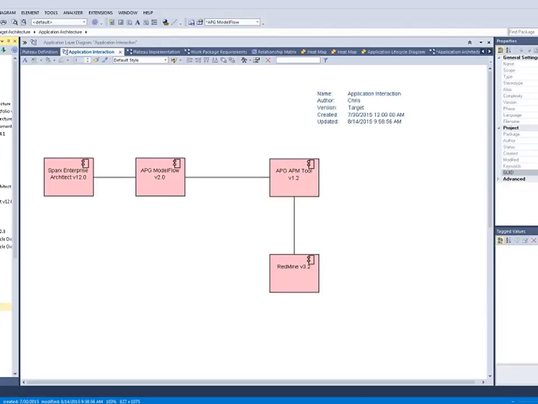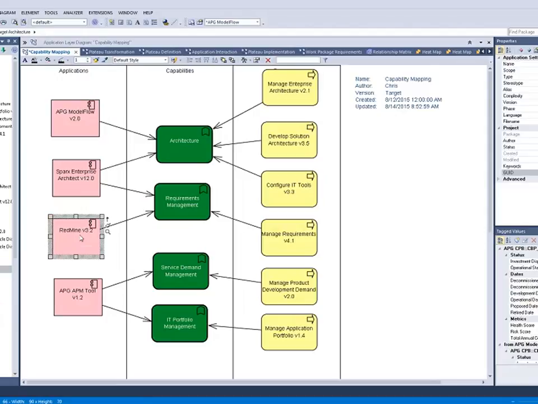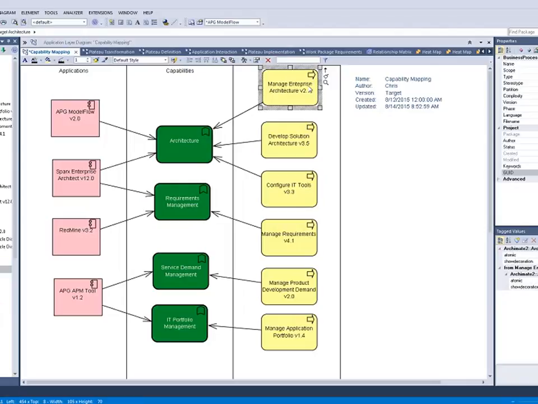So now that I've got an idea what's in the target state, I can do a capability mapping of the elements in the target, which of course is very similar to, and is actually created in a very similar fashion. We basically copy the capability mapping from the baseline architecture and then replace it with the new elements that we created. So here we can see, and again, a new version of Model Flow, Redmine, and the APM tool. And then we actually created new versions of the architecture process and the IT configuration process and the service, the manage product development demand